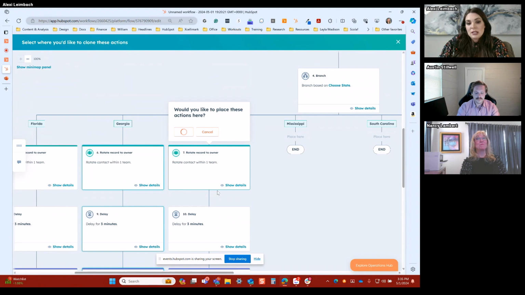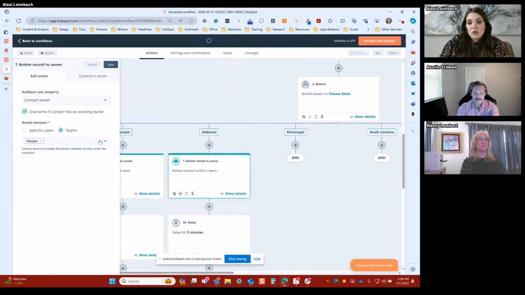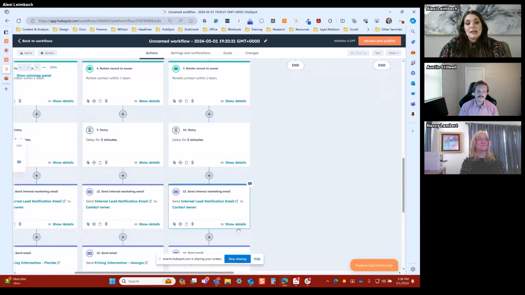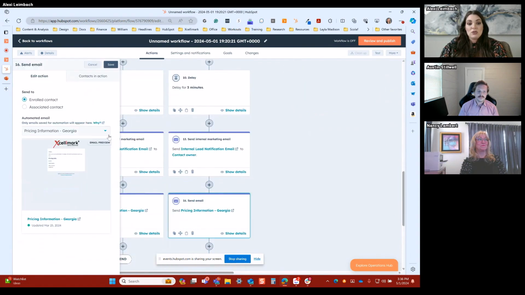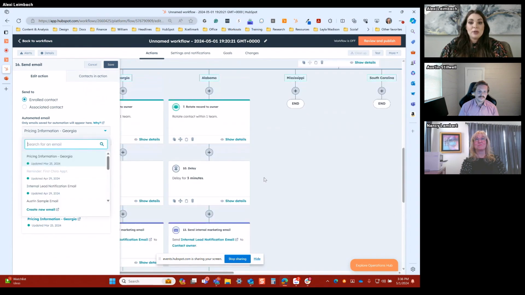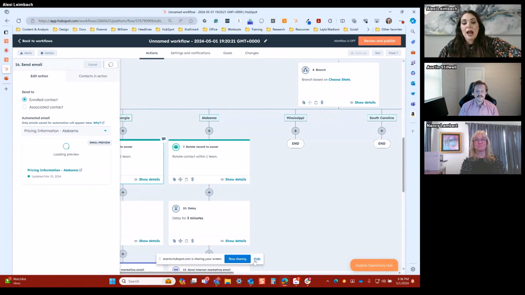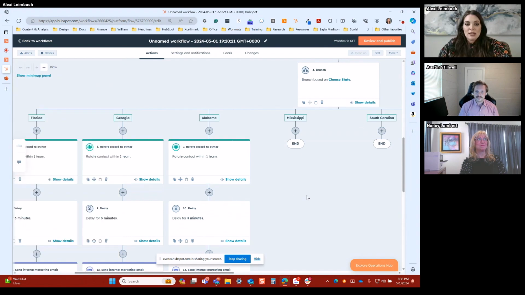And you'll see that it's the biggest time saver. Huge time saver. You can see that I can probably finish this all within a minute. If I wanted to go really fast, and if I wasn't sharing my screen on Bevy, it would let me go even faster. So copy and paste is a huge benefit to saving you time, especially when you start having these really lengthy workflows built out and all these different actions you want to do. I'm not going to do every single state because I think y'all get the idea of how easy it is to clone and paste and then just edit those couple of things.